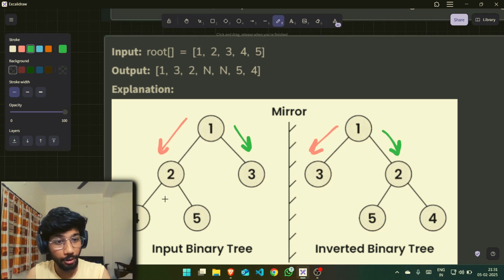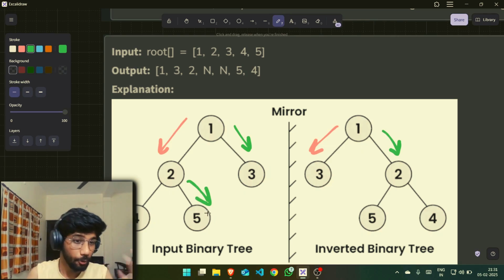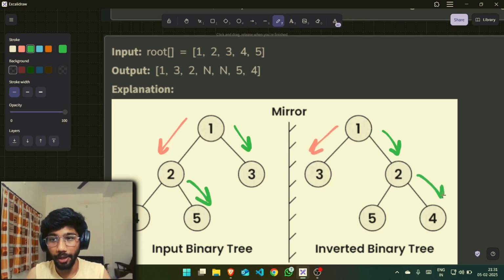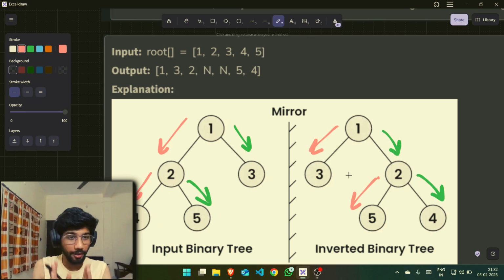सिमिलरली अब ले 2 के चिल्ड्रन देखते हैं। 2 के राइट में क्या है, 5 है, कहां पे, ओरिजिनल में, जबकि 2 के राइट में यहाँ पे क्या आ गया, 4 मिरर में, जो कि ओरिजिनल में कहां पे था, 2 के लेफ्ट में था। ठीक है, यहाँ पे 2 के लेफ्ट में था, जो यहाँ पे 2 के राइट में आ चुका है, और यहाँ पे जो 2 के राइट में था वो यहाँ पे 2 के लेफ्ट में आ चुका है। तो अभी तक हमको क्या क्या समझ में आ गया है, हमको ये समझ में आ गया है कि